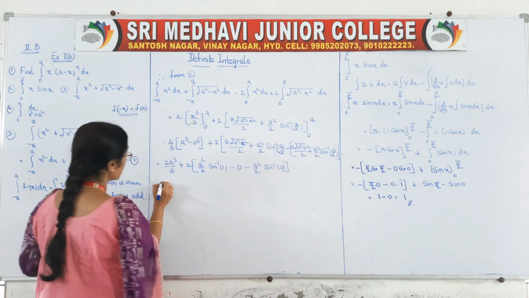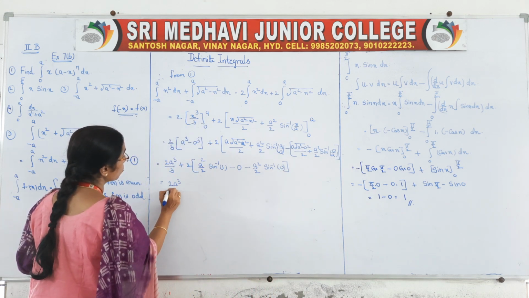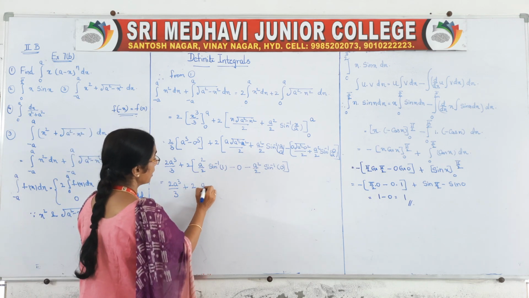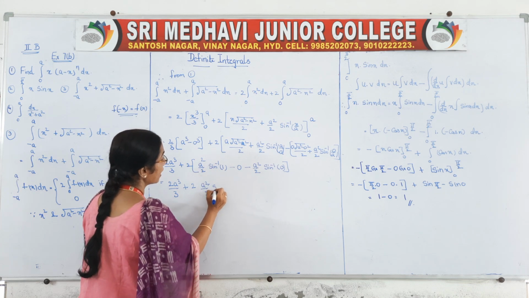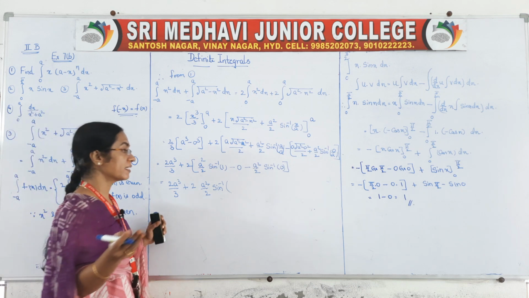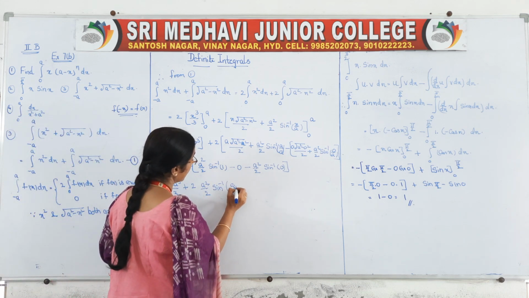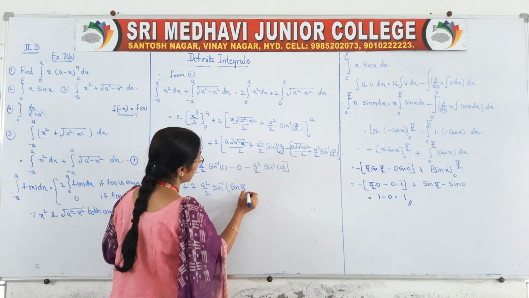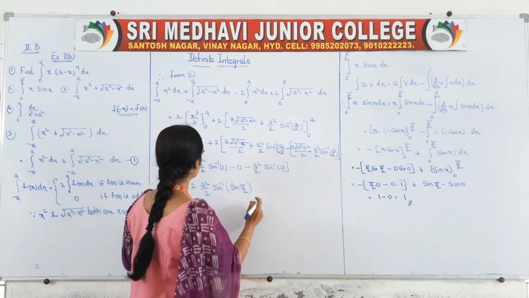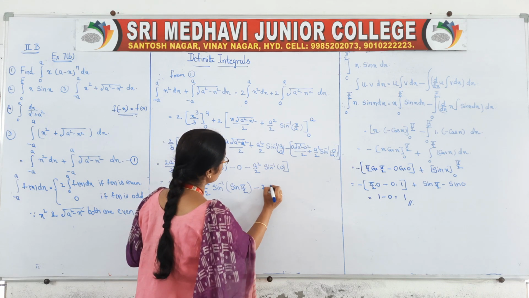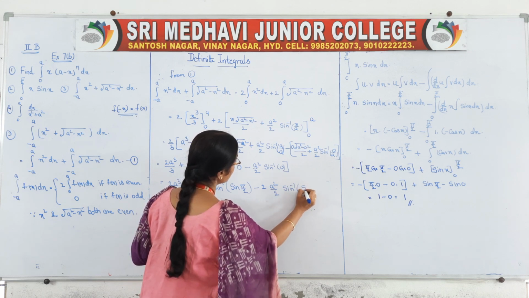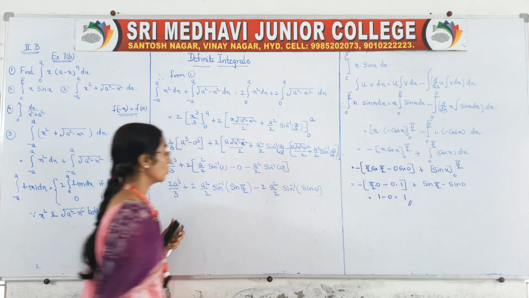Okay, so it is equal to 2a cube by 3 plus 2, open the brackets, a square by 2 sine inverse, what I said, whenever inverse is there we have to write inside also in terms of sine only, that is sine pi by 2. Next this is 0 and here we can write minus 2 into a square by 2 sine inverse of sine 0 is 0.